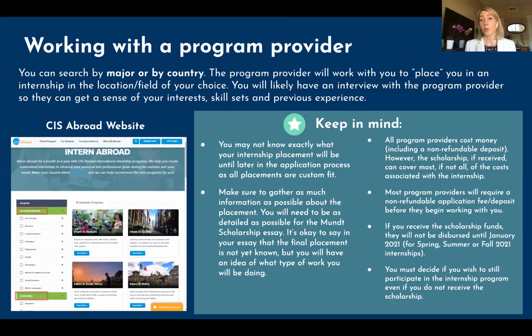At this point, you probably haven't even applied to the Mundt scholarship. You don't even know if you'll receive it. You have to weigh whether, if you don't receive that scholarship, you would be okay having to cover the cost of that program application or deposit out of your own pocket. It's not usually a substantial amount. I think maybe like 200 or 300. It really depends on the organization,